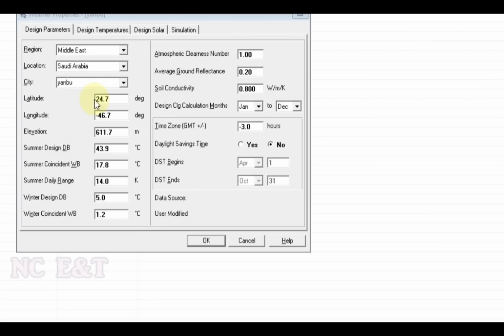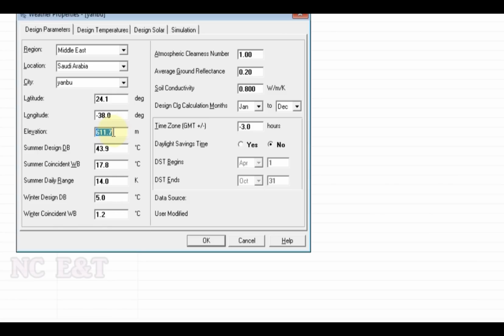Let us fill in these values manually. The latitude is 24.07 and the longitude 38.03.